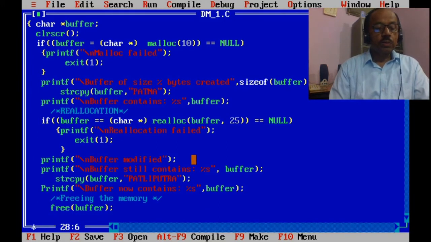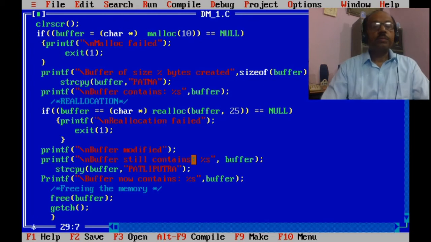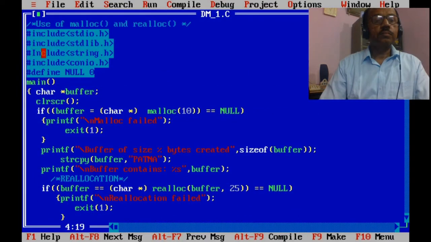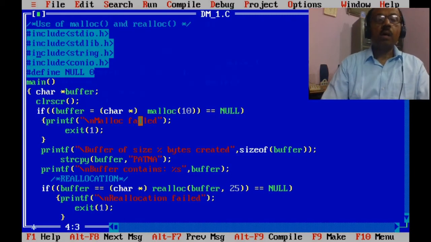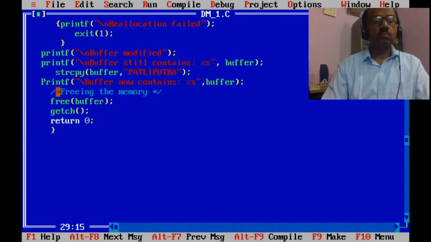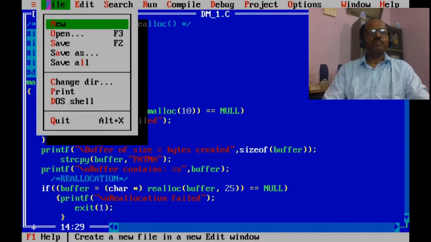And so the program is complete, and let's save the program.